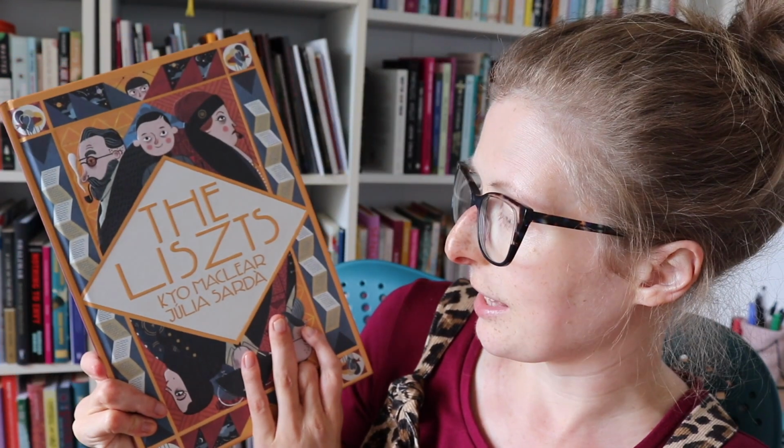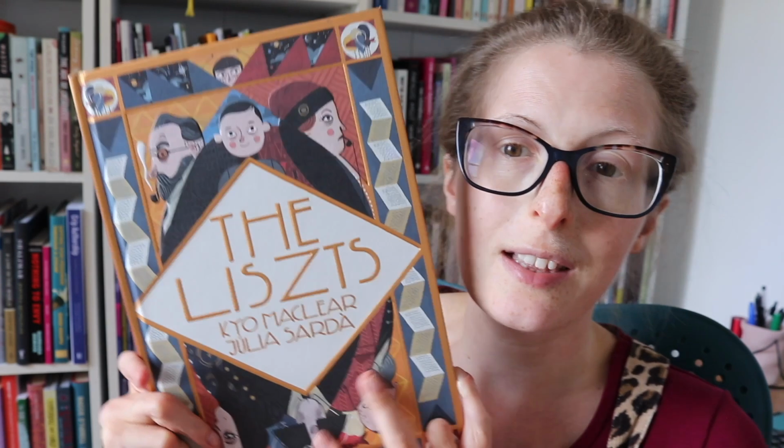I really love Julia Sada's illustrations, so I have a couple of her books. Some that she has written, one that she has written herself, and then two that are written by other people that she has illustrated. So this one is The Lists. This one is by Kaya McClear, and this is about a family called The Lists who make lots of lists. There's something quite Addams Family about this, I'm not sure,